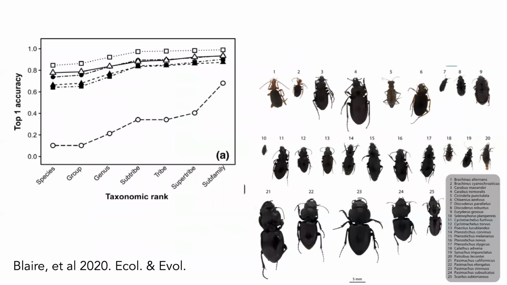So one of the graduate students associated with this project, Jarrett Blair, has been taking that trait data set and using it to develop machine learning tools to automate the identification of the images. These are carabids that were collected by NEON and identified by NEON, so they were given to us with names intact. We imaged these beetles, we extracted their traits, and Jarrett is able to identify carabids to species correctly more than 80% of the time using one of the methods.